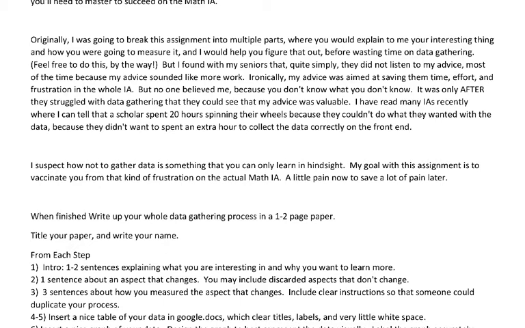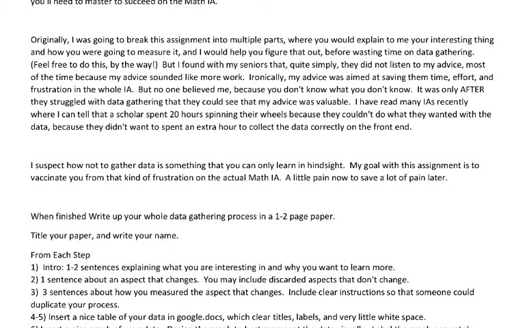But honestly, here's the deal. I had lots of seniors do that, and I actually made that a step along the process. What I found with my seniors is that they simply did not believe me. They thought that what they were doing was simple, while I knew that what they were doing was hard and was going to waste them a lot of time. So then I would recommend something else, which to my seniors sounded more complicated, like the teacher was giving them extra work. So they didn't do it, and they went back to the thing that they wanted to do, and then 20 hours later, having spun their wheels,